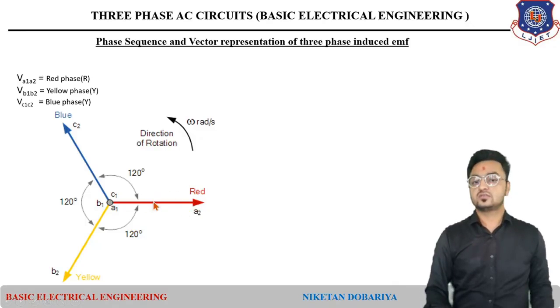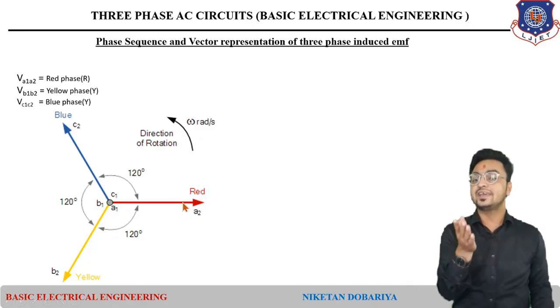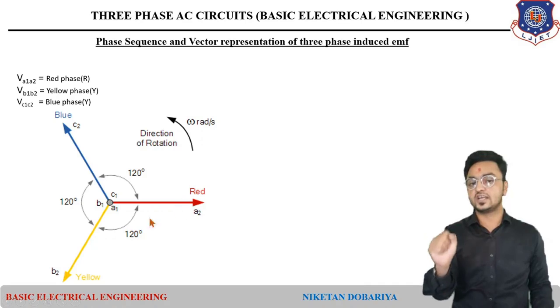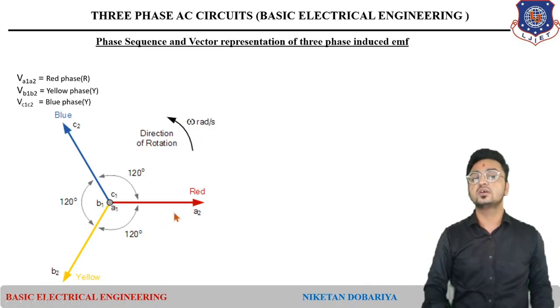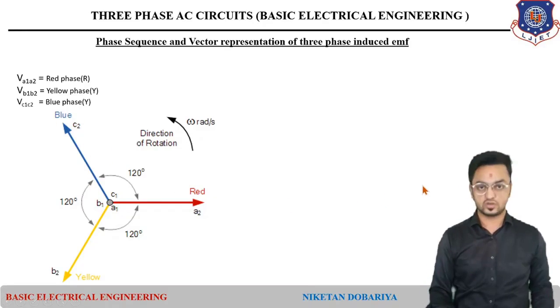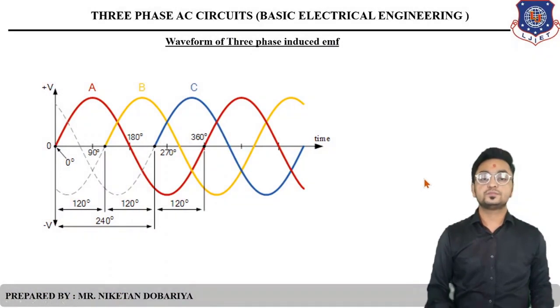Compared to that, the second one, in the B coil, is at minus 120 degrees, lagging by 120 degrees. Lagging and minus mean the clockwise direction. That's why it is in the clockwise direction over here at minus 120 degrees, this second one in yellow color. And the third vector is at minus 240, so the total 240 is over here. So the voltage of the C coil is over here, in blue color. So this was the vector diagram for these three voltages.